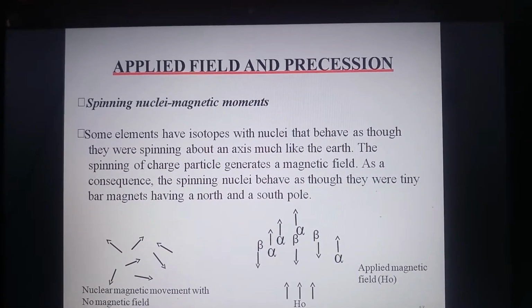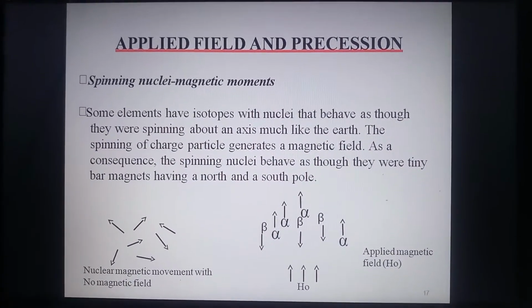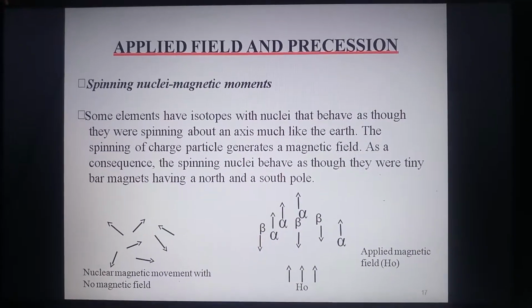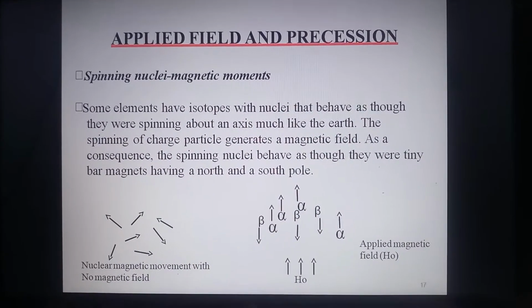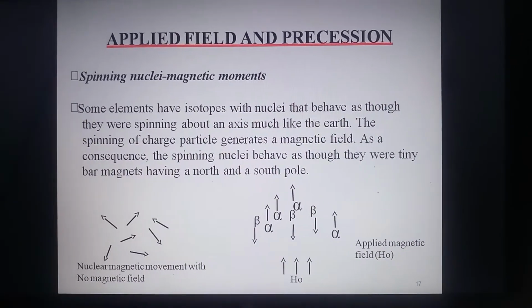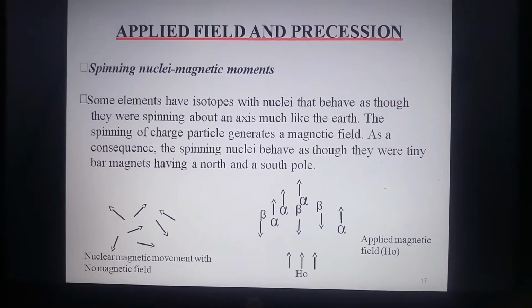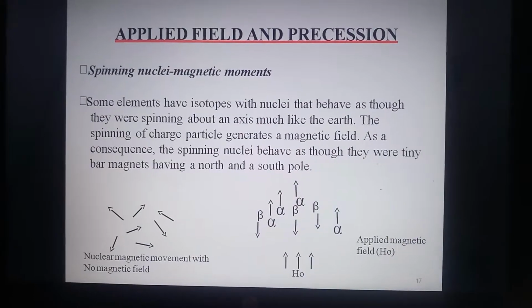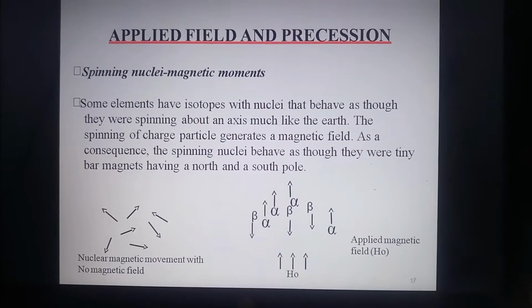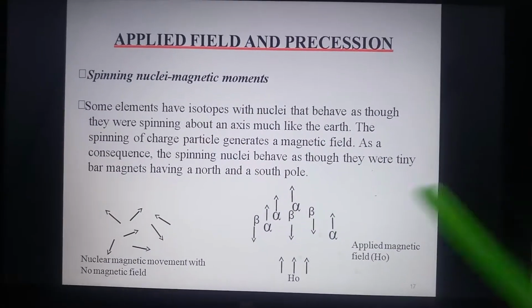Now, what is spinning nuclei magnetic moments? Some elements like proton have isotopes with nuclei that behave as though they were spinning about an axis, much like the earth. The spinning of a charged particle generates a magnetic field. As a consequence, the spinning nuclei behave as though they were tiny bar magnets having a north and south pole.